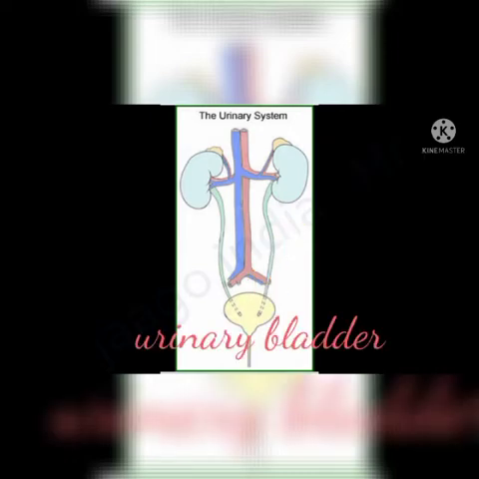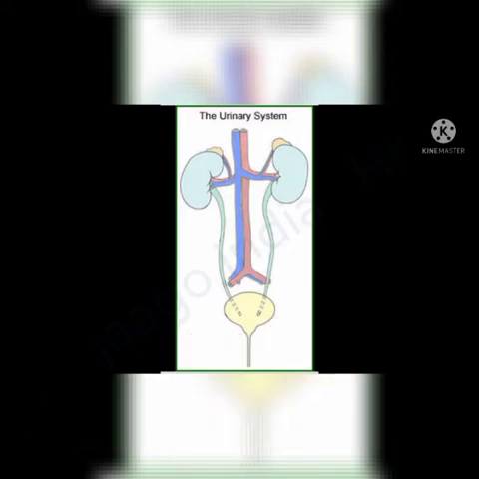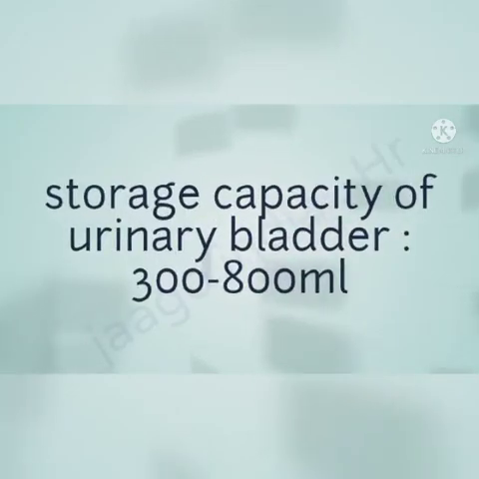Urinary bladder. It is a median pear-shaped and distensible sac. Urinary bladder is situated in the pelvic region on the ventral side of the rectum in the abdomen. Urinary bladder stores urine brought up by two ureters, and the storage capacity of urinary bladder is 300